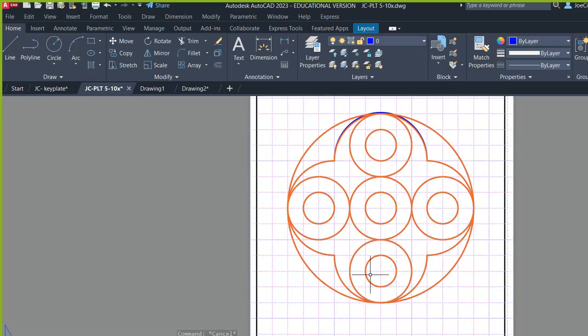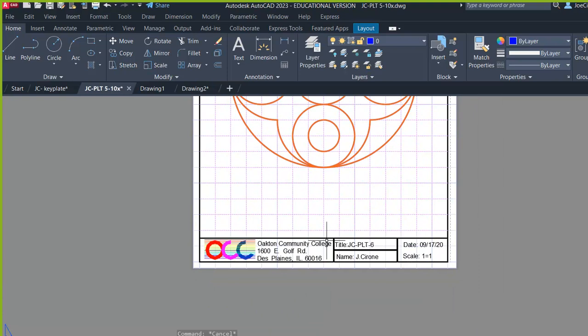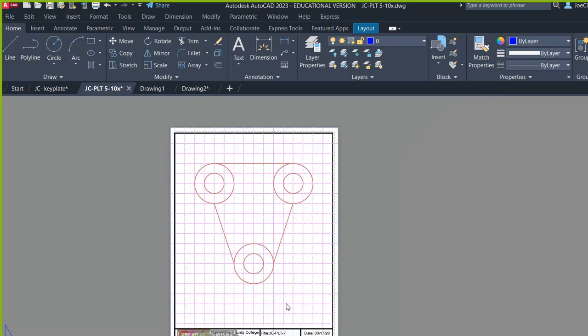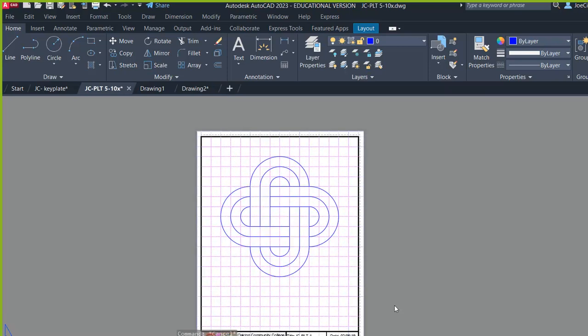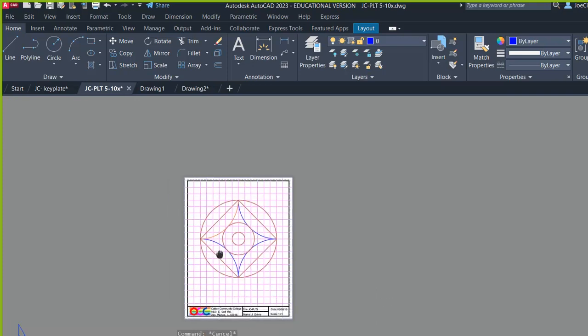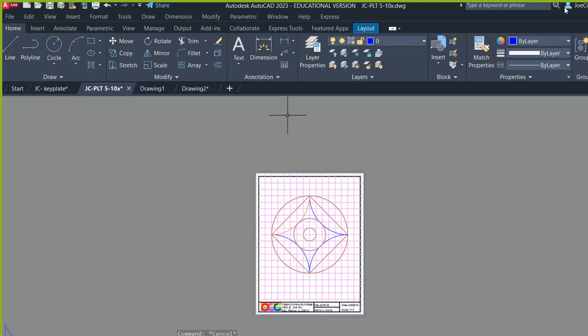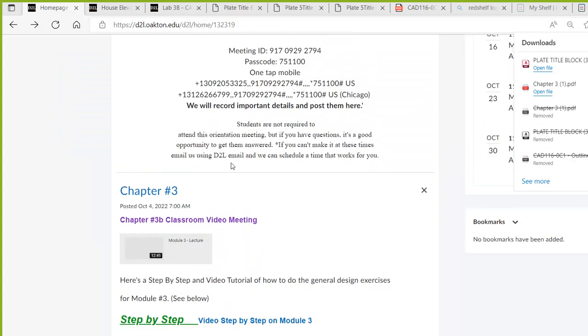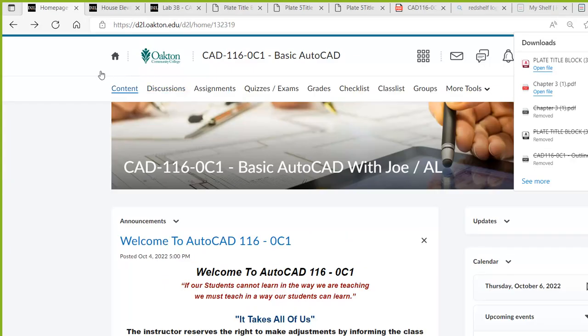on my drawing plates, be sure to fill out the title block and update the date. Go through, create these drawings. So that's our general design assignment. Back to the main splash page. And if we take a look at the content area,